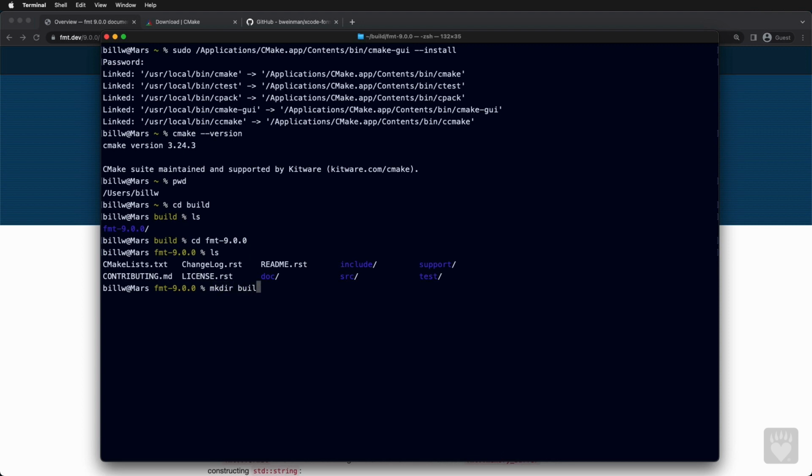So mkdir build. And then I'm going to cd into that build directory. All right, and now this one's empty, ls, it's empty. And I'm going to run CMake in here. And what CMake does is it creates the build structure for running make. So we're going to type CMake and then two dots,